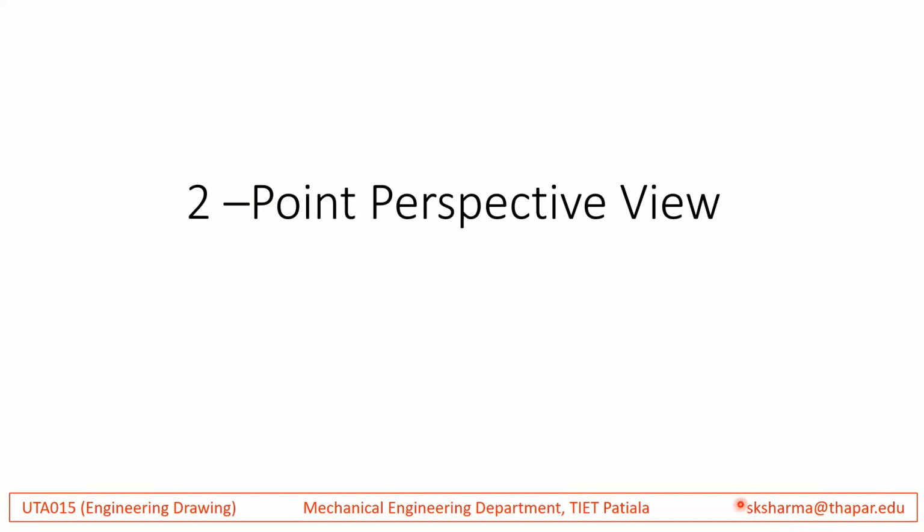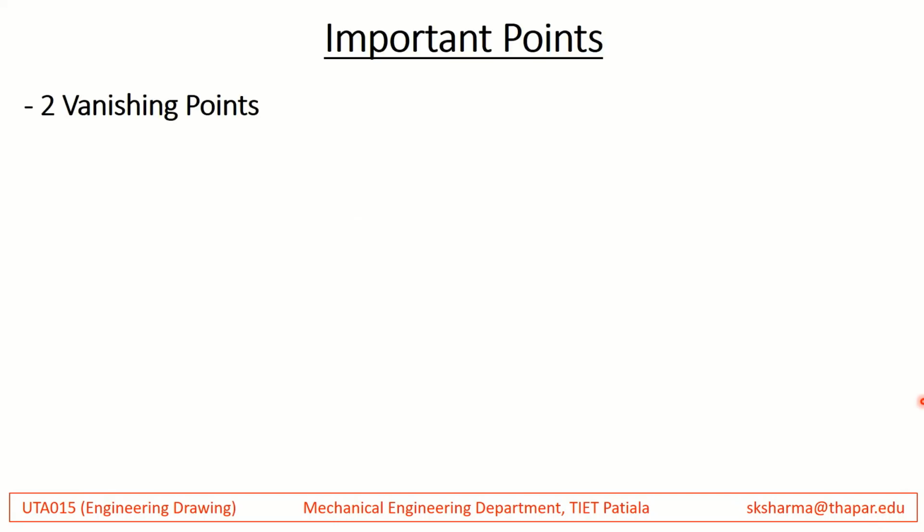In this video, we will learn how to make the two-point perspective view of an object. So the important things before we go ahead with making the two-point perspective. Number one, that there will be two vanishing points in this case. Unlike the earlier case where we were only having one vanishing point, in this case we will be having two